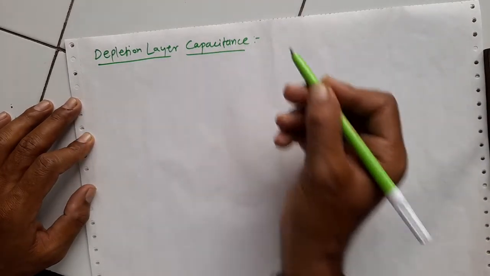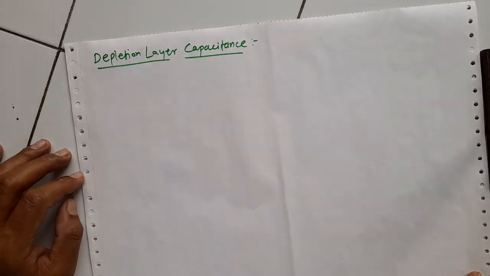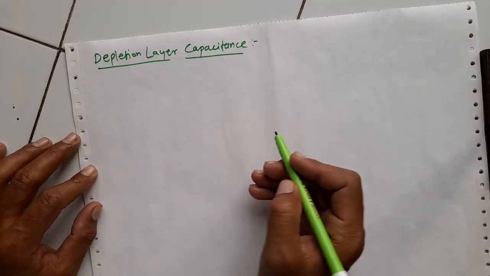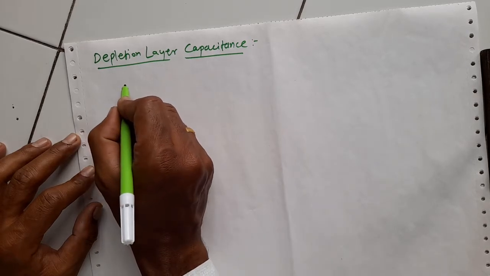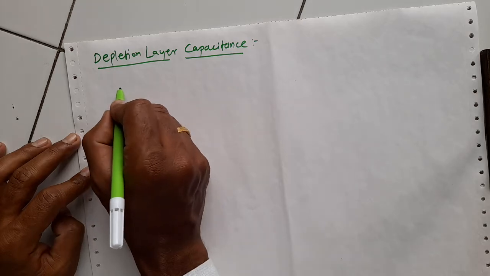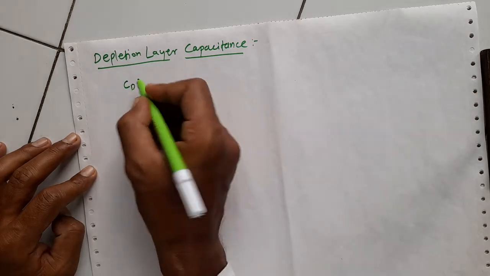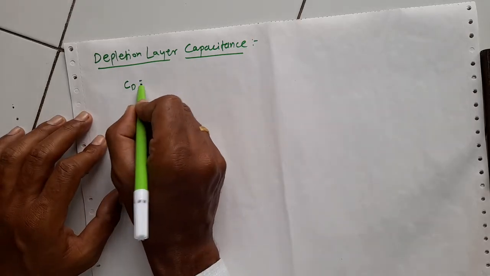Capacitance, we know, is a charge storage device, right? But now within the depletion layer we are going to talk about how much the capacitance is. The depletion layer capacitance is defined as dQ by dV and is represented with C_d. So the depletion layer capacitance, where d stands for the depletion layer, is equal to